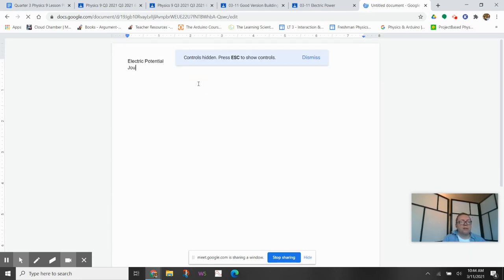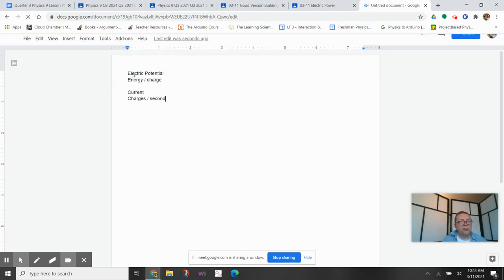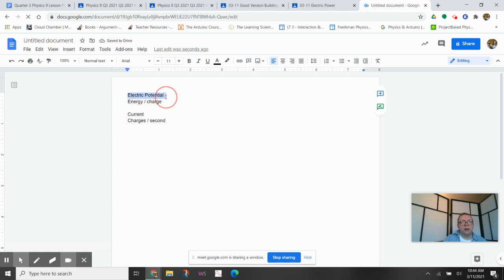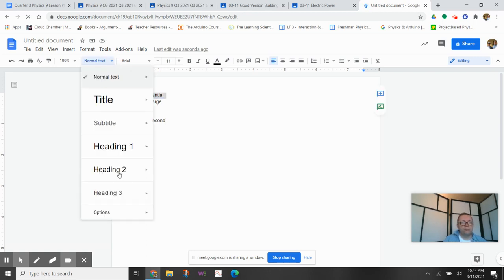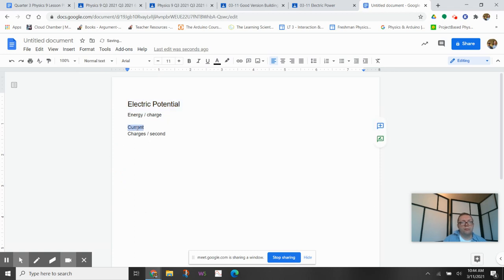And we've said that that is energy per charge. And we've talked about current being charges per second. So when we're looking at those two main things, energy per charge and charges per second, it turns out that